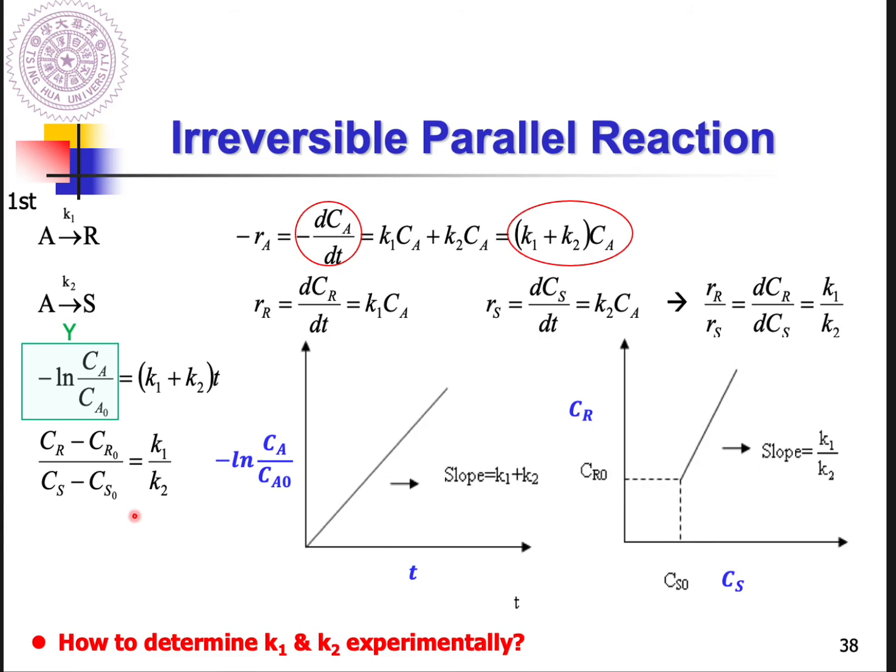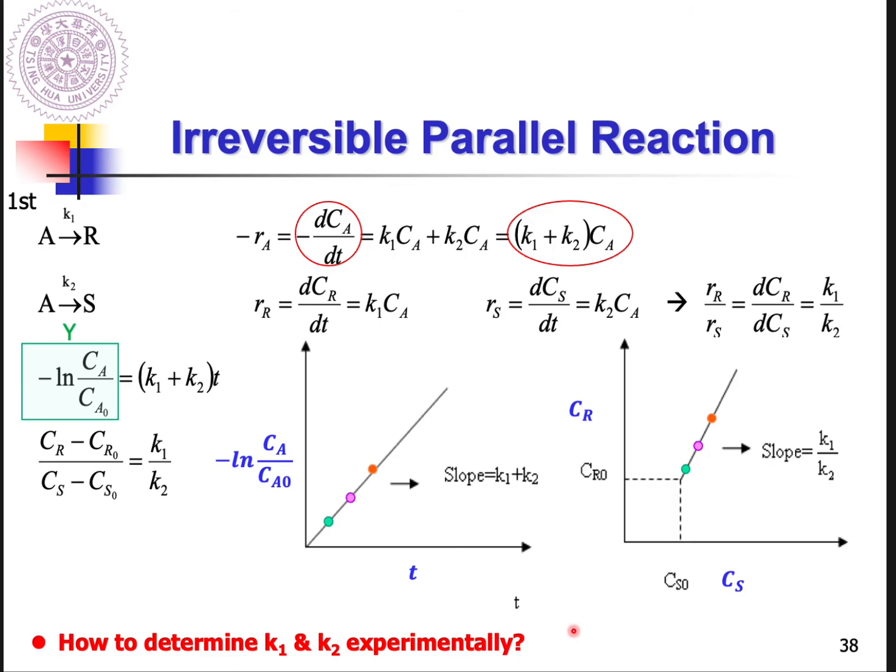Doing the experiments, at t1 you can measure CA, and also CR and CS, so you get this point. At t2 you measure CA, CR2 and CS2, and you get this point. At t3, CA3, CR3 and CS3, you get this point. After fitting, we know K1 plus K2 and also K1 divided by K2, so you can get K1 and K2 in your experiments. This is how we determine K1 and K2